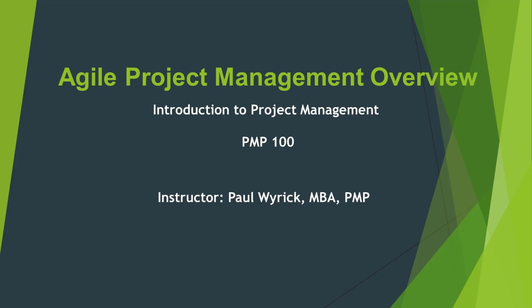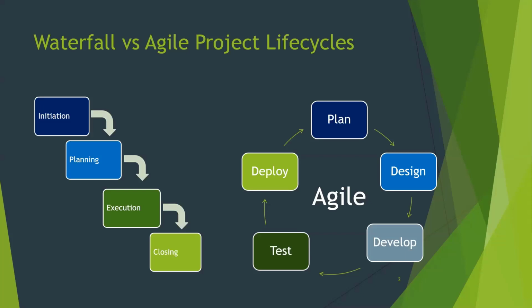So last time we talked about the project life cycles, the difference between waterfall and agile project life cycles. So I want to get into a little bit more detail about the differences between waterfall and agile and kind of what the different artifacts are. So there's waterfall, which follows a more sequential approach to managing a project, where agile follows a more iterative approach